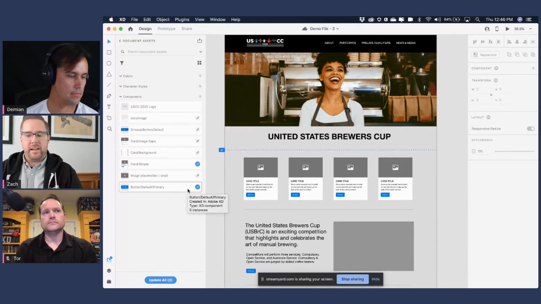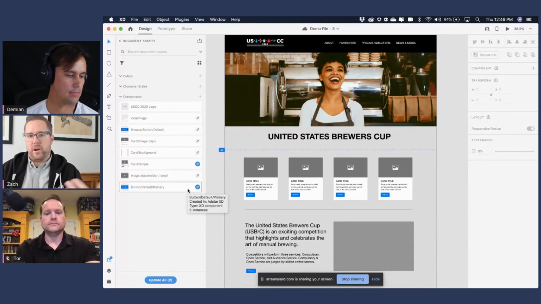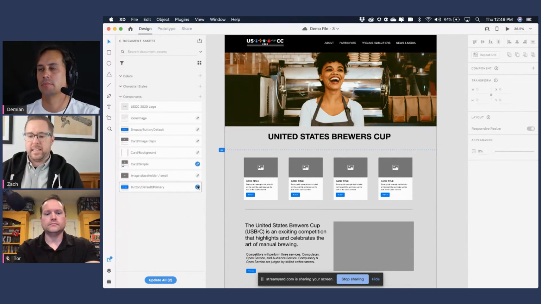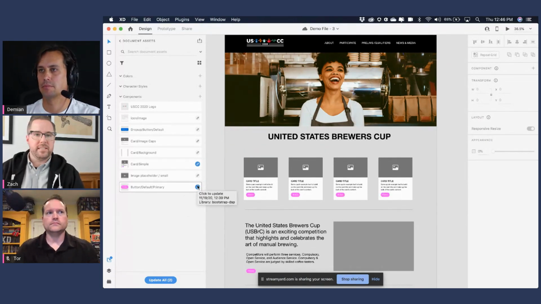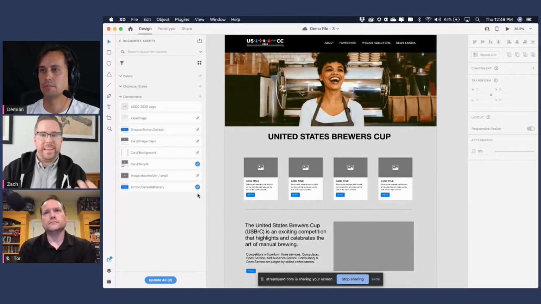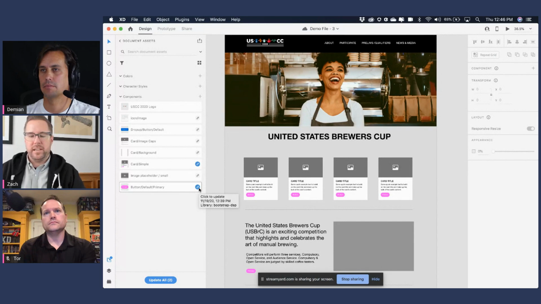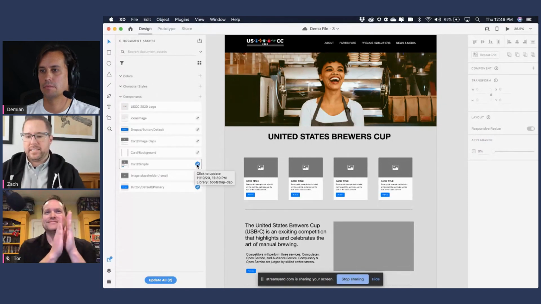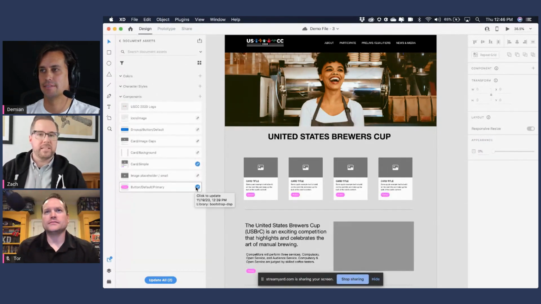In this case, it shows me that the button and the card that I've been utilizing throughout my experience have changed. I can easily hover over each one of these little blue link icons, and I can compare and contrast. So I can easily see what Tor has changed. In this case, he's turned that blue color to a wonderful XD pink. And I see that it has impacted my cards as well as all the other buttons that I use